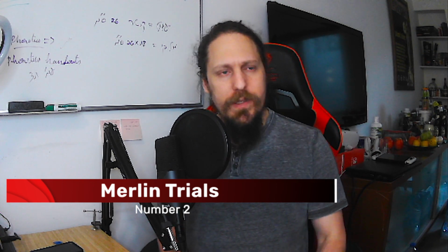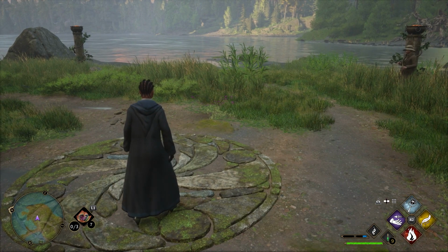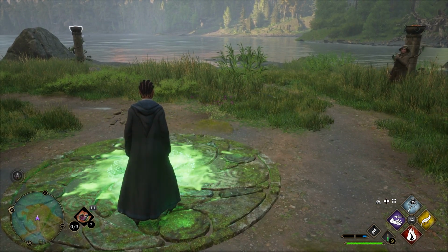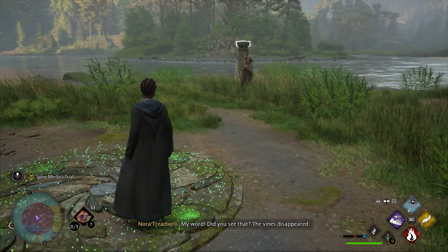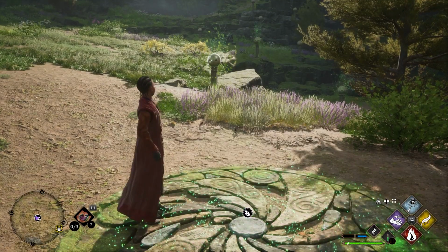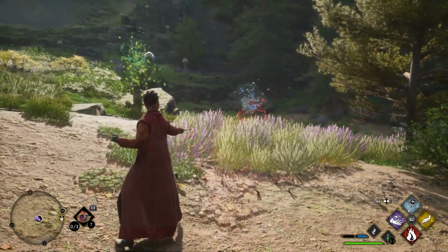Merlin always pops up in all kinds of wizarding worlds. The Merlin Trials are small puzzles that you'll find along the map. By completing these trials, you'll get an item slot unlocked, which lets you hold more items in your gear slots. However, there is a maximum number of slots that you can unlock, so you don't have to complete all the